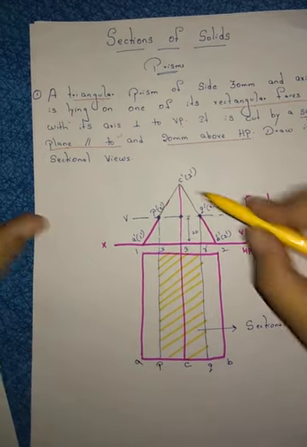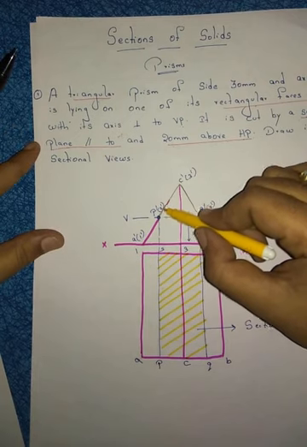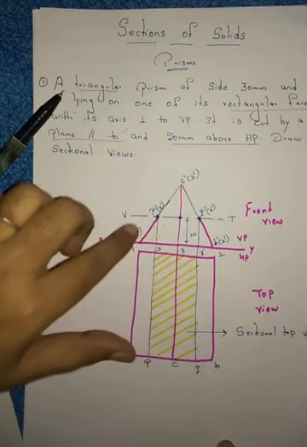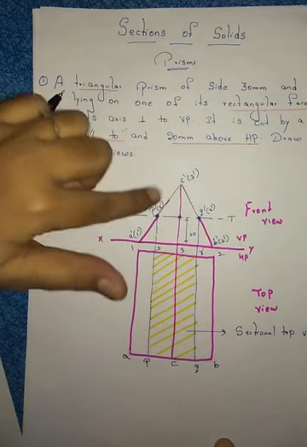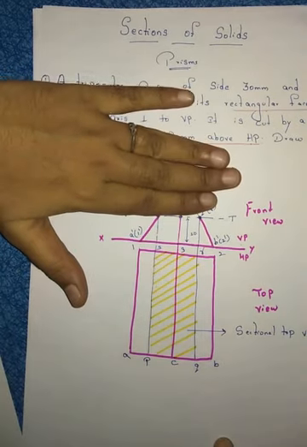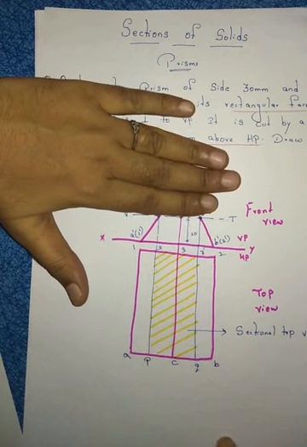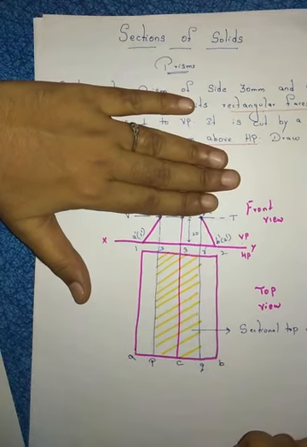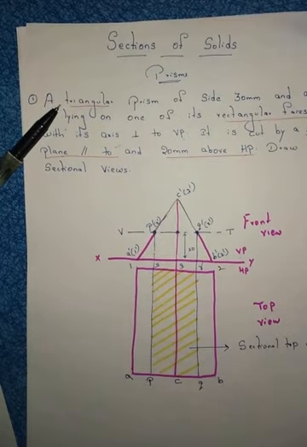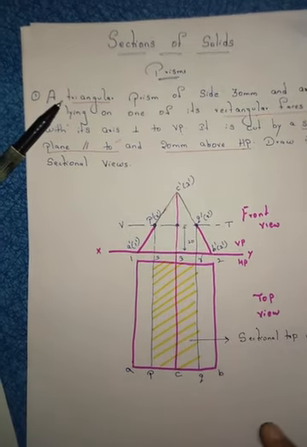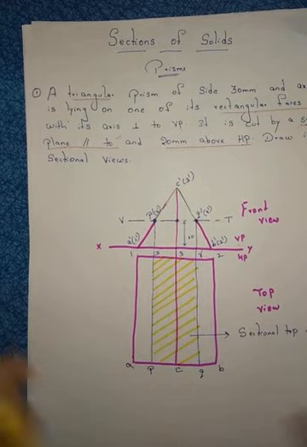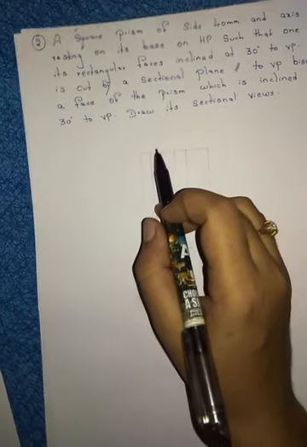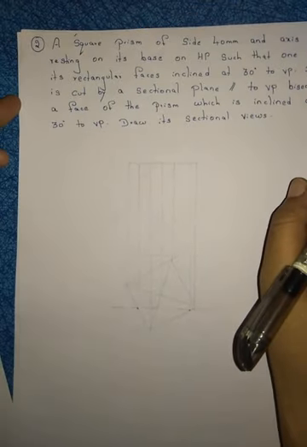Now why I am drawing this portion very light here, because this is the sectional plane. We are drawing a sectional plane for this triangle. We are removing the top portion. So only this top portion should be drawn very lightly. The total problem should be dark here, right? So this is your first question, right? If you see the second question also you will understand. Yes, this is your second question. You will see the question.